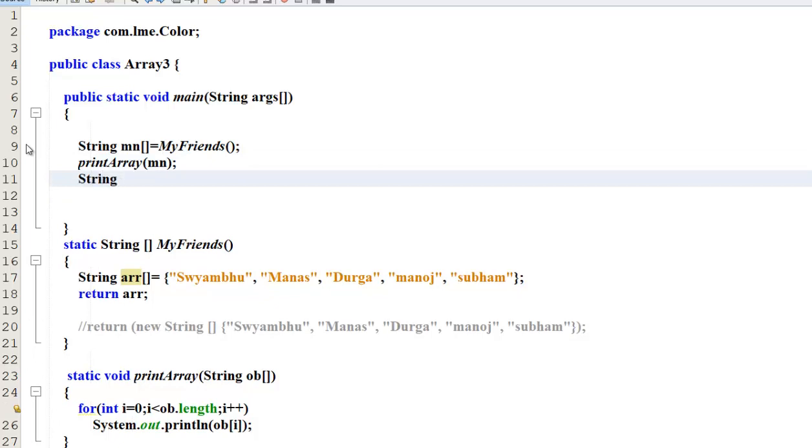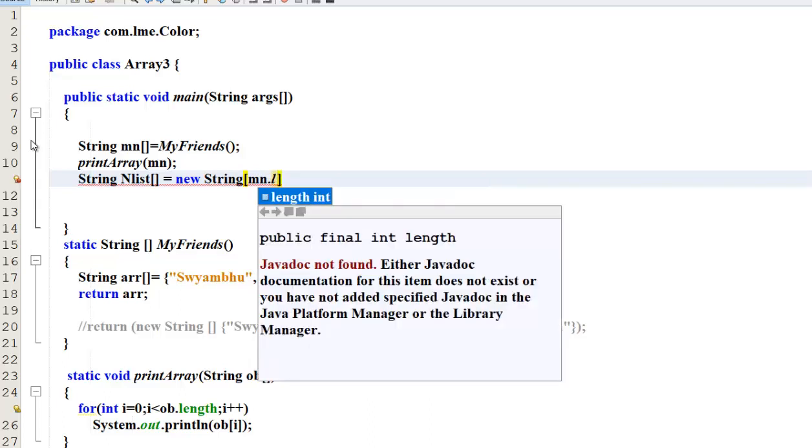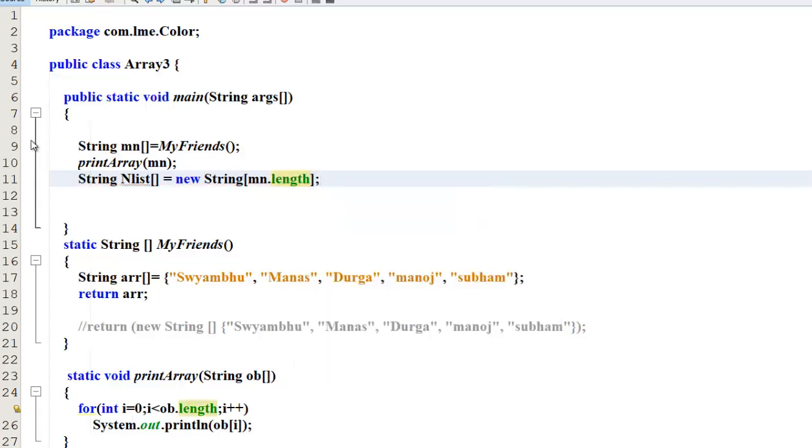Just I will use string n list, square bracket equal to new string of say some size. That size is equivalent to mn dot length. So what is this mn dot length? What is the size of this array? Exactly similar to this array size.